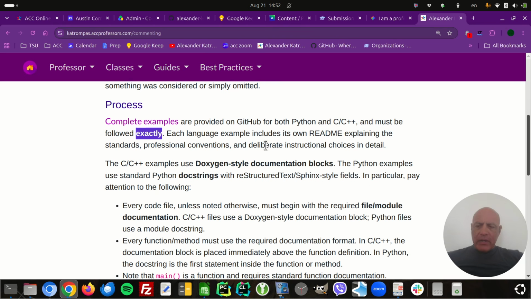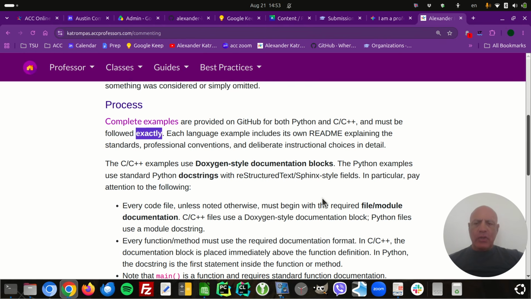Exactly, right? We are in an academic environment, and part of what you do in an academic environment is you teach discipline, okay? And that's what this is. This is about programming discipline, coding discipline, computer science discipline. And one of the most important things in that field is exactness. In fact, it's probably the most important thing, right? Programming is an exact discipline. You have to do things perfectly.